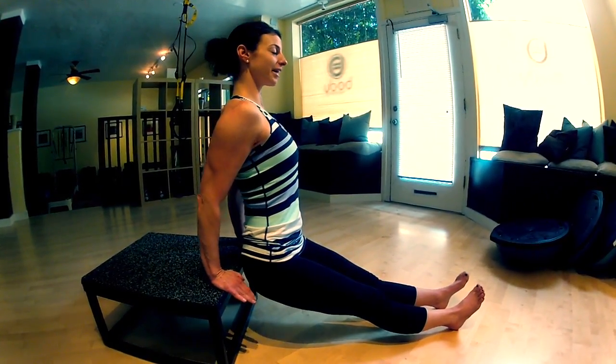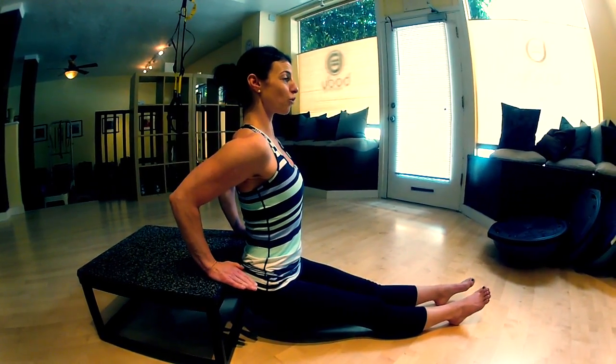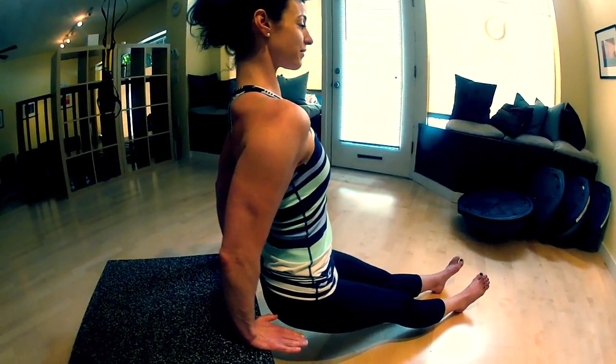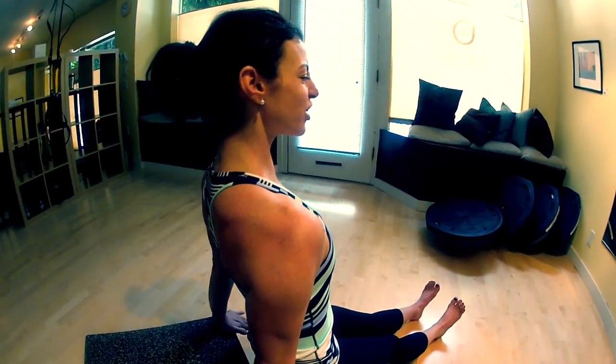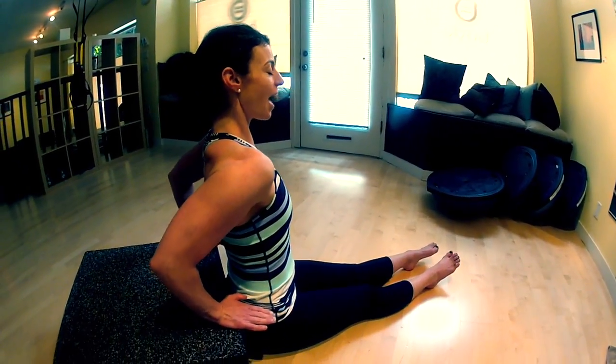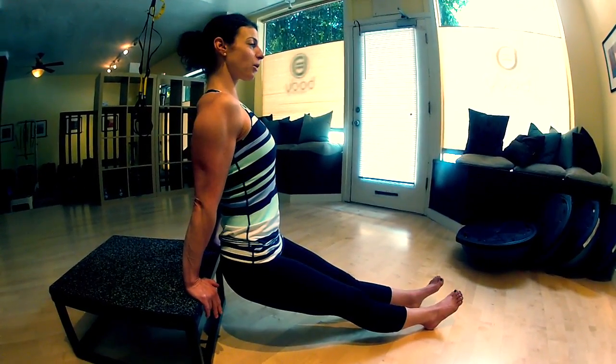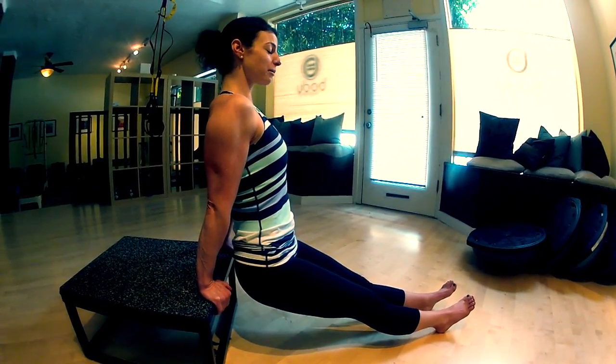So you're going to go ahead, inhale, you're going to bend, try to get a full range here, and as you exhale, push through the back of your arms, press into the heels of your hands as you come up. You're going to do this a few times, and then you're going to come all the way up, and then you're going to hold it, and then from here, use your lower abs, press down into the back of your